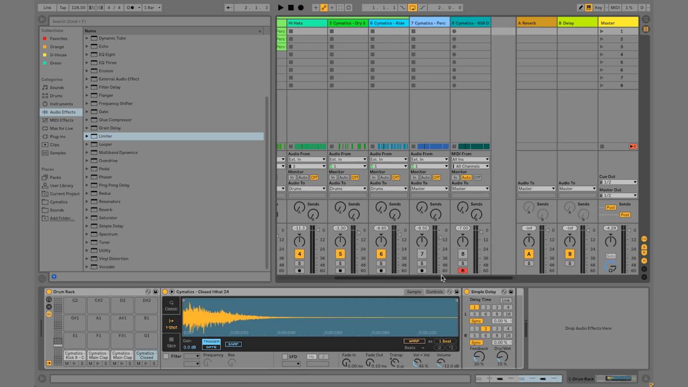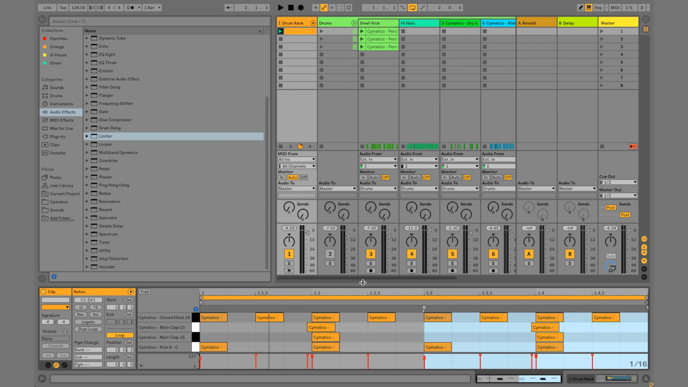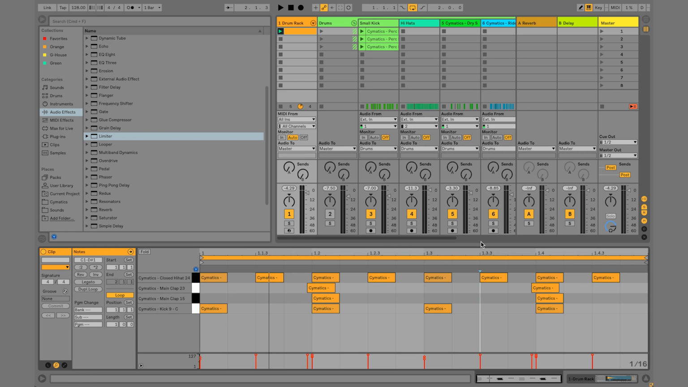In the interest of time, I've already written some drums, just to illustrate how everything is done. What I'm gonna do is add a few more and fill out this drum loop a little bit. I have a MIDI clip here running, and we're gonna make a 128 BPM house beat basically, and just to play what I've made you, just a really basic